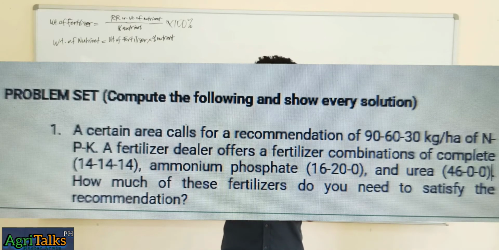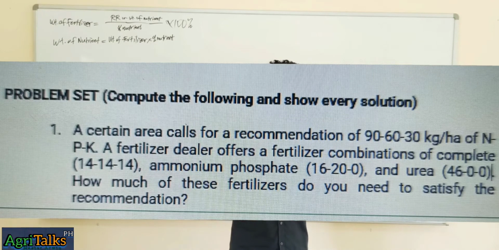A fertilizer dealer offers a fertilizer combination of complete having a 14-14-14 fertilizer grade,